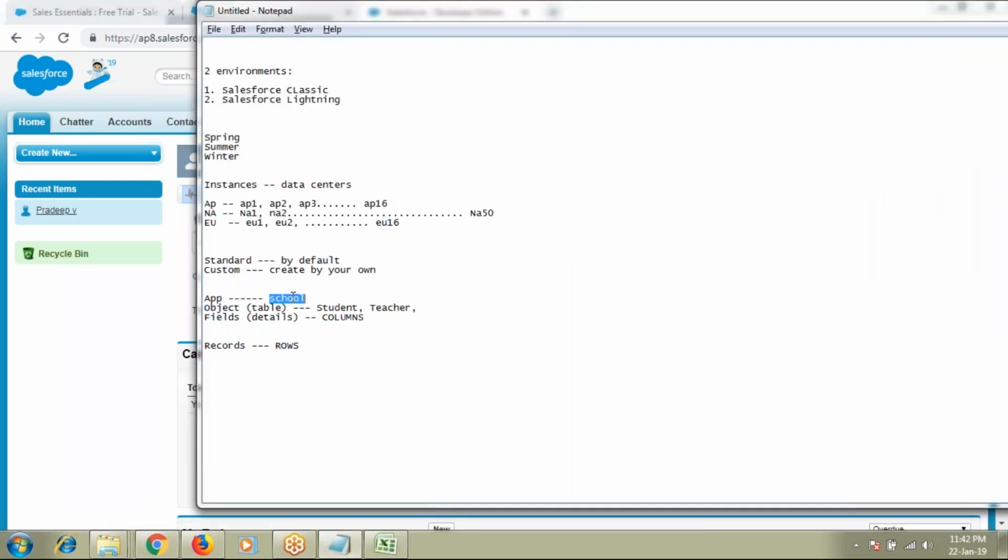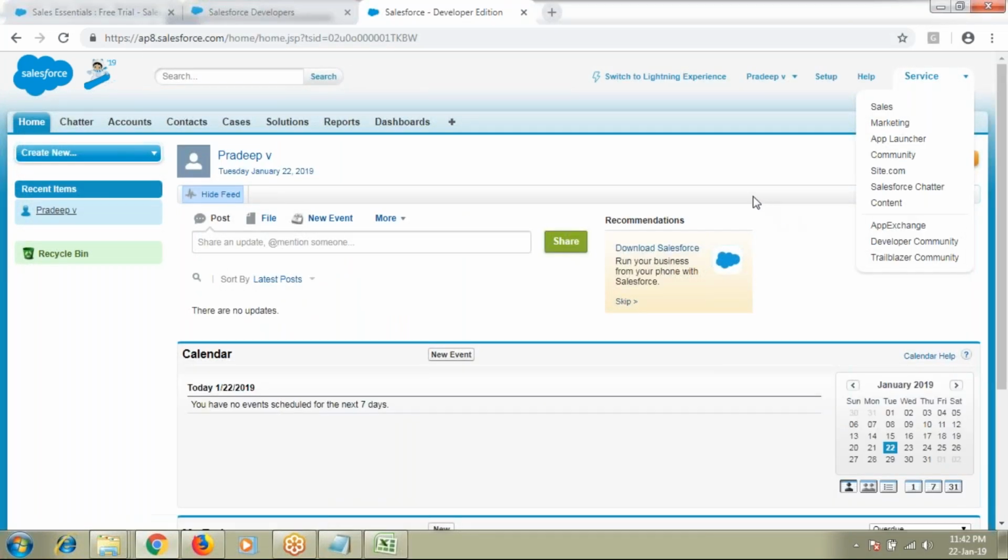Different applications will have different functionalities. Like how the school deals with students, teachers, classrooms, healthcare deals with hospitals, doctors, patients. Aviation deals with pilots, airlines, all these things. Finance deals with capital, funds, finance, all these things.